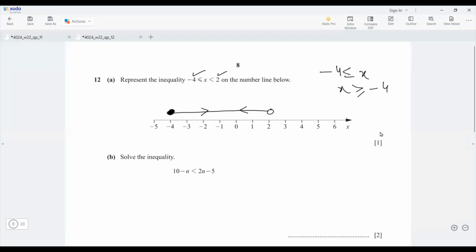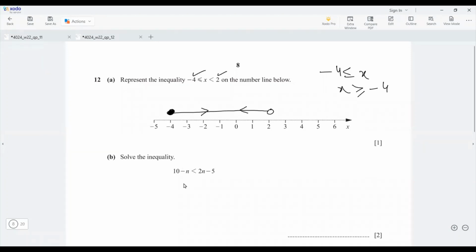If you have done it correctly, you will get one mark. If you have made any mistake in making this number line, you will get nothing, because it requires the accurate answer. So for the next part, it is to be solved like an equation,